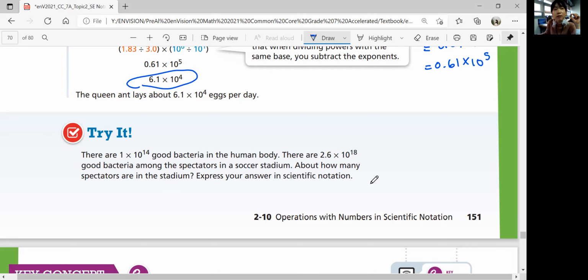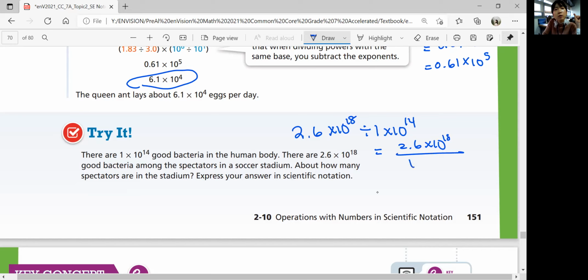You are going to divide the numbers, right? So you're going to divide the total number, 2.6 times 10 to the 18th, by 1 times 10 to the 14th power. And write it as a fraction